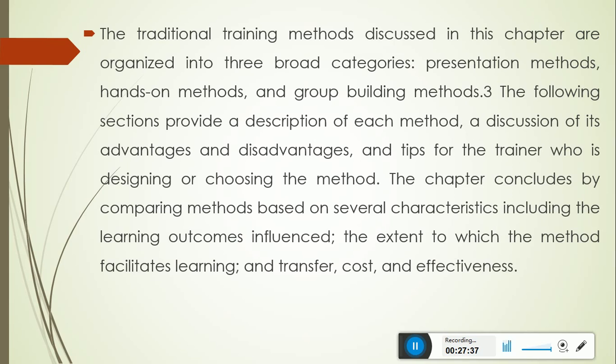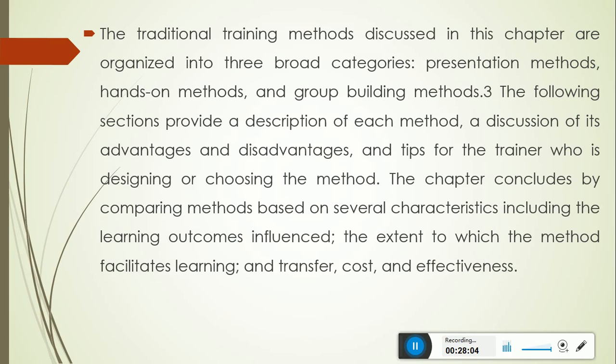The chapter concludes by comparing methods based on several characteristics, including learning outcomes influenced, the extent to which the method facilitates learning and transfer, cost, and effectiveness. So in this chapter we will be discussing the advantages, disadvantages, cost, everything of the training: presentation methods, hands-on methods, and group building methods.